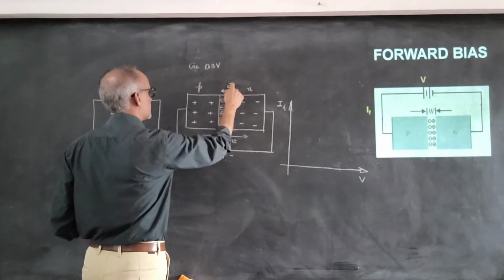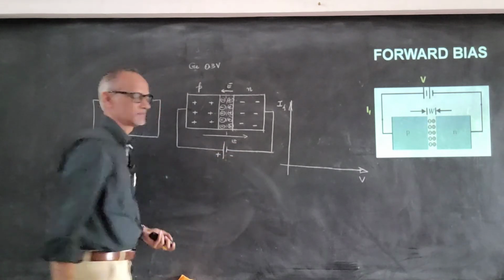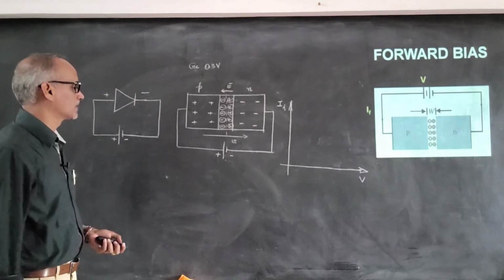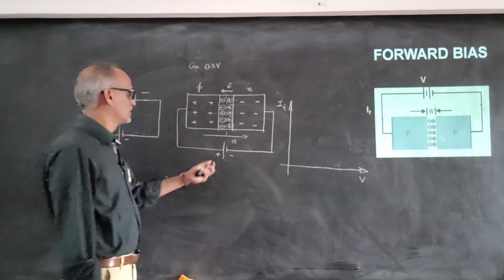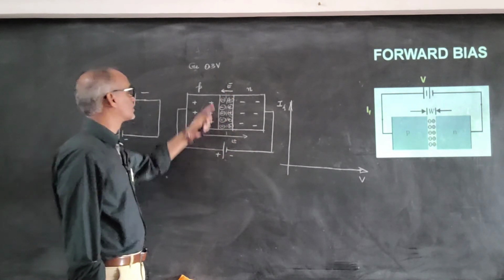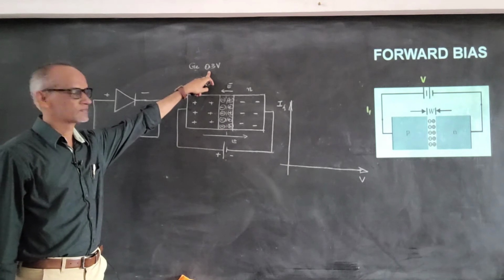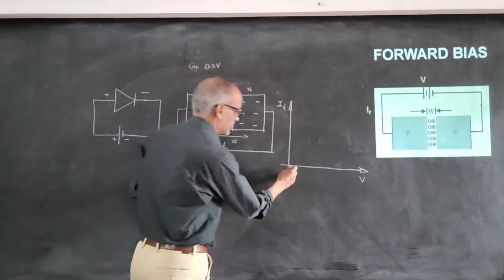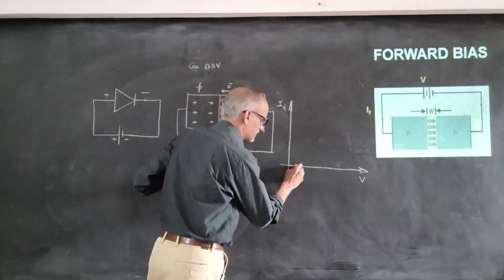So this field opposes the applied field, and it opposes until the applied voltage reaches 0.3 volt. That is the reason why initially there is no current